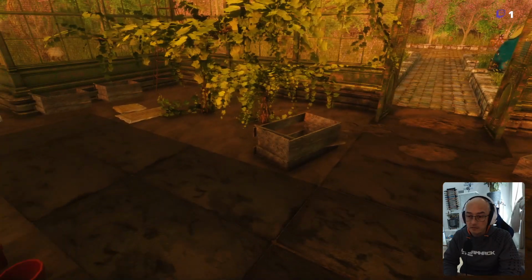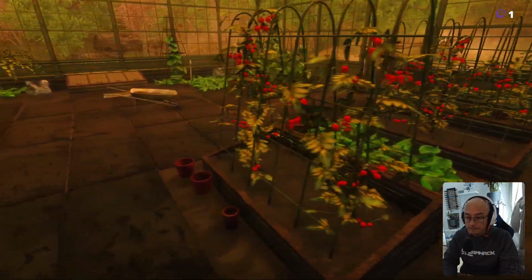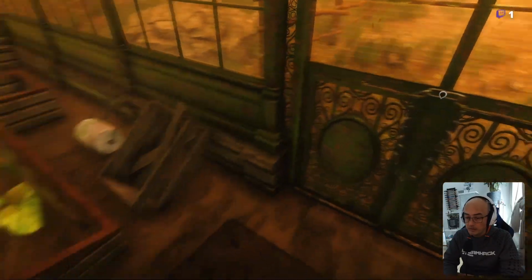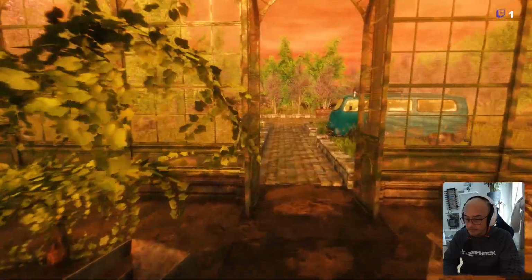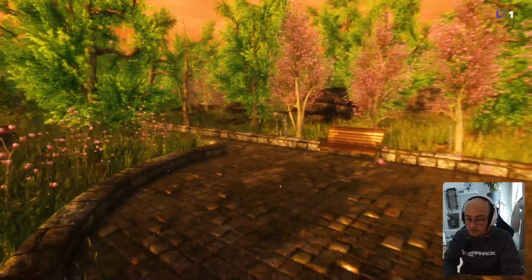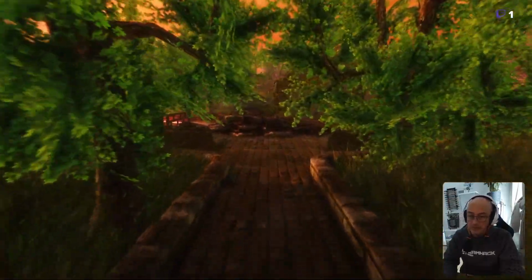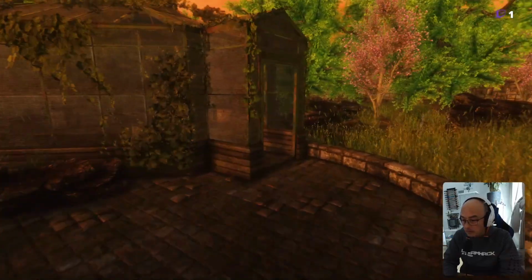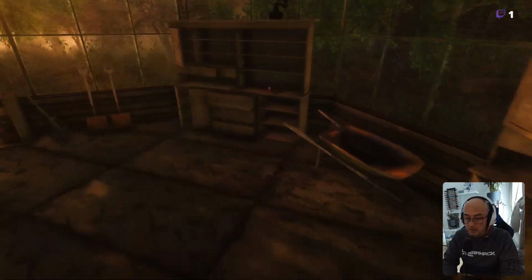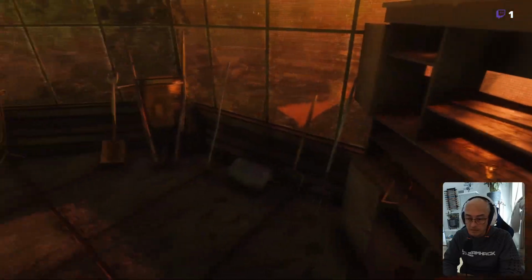And I think this is very beautiful. This is a very nice section. Oh, this is where we need the pliers. Yeah. So we need to go to the greenhouse again, and that's it. I wish this game were like this the whole time, or well, not the whole time because it's a horror game, but maybe from time to time to have this kind of environment would be great. So, well, the blighters are there.